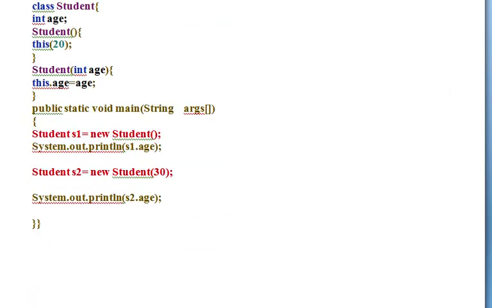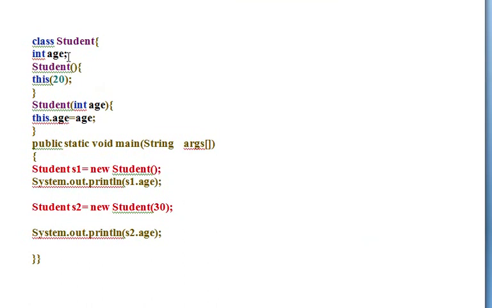An example of constructor overloading is the Student class. Age is the instance variable here, Student is the non-parameterized constructor, and next is the parameterized constructor with a single parameter. This one and this one are both functions, but they have the same name and different numbers of parameters, so it is constructor overloading. Fine. Making a call in public static void main, s1 is equal to new Student. So new Student will make a call to this non-parameterized constructor, this 20.